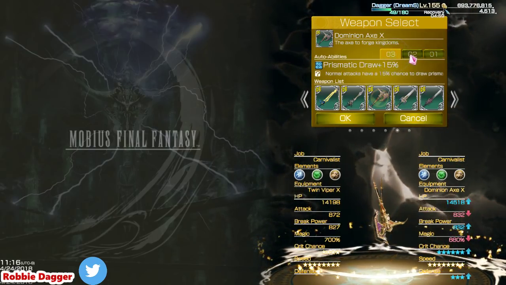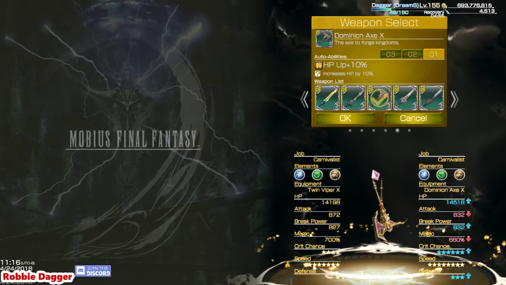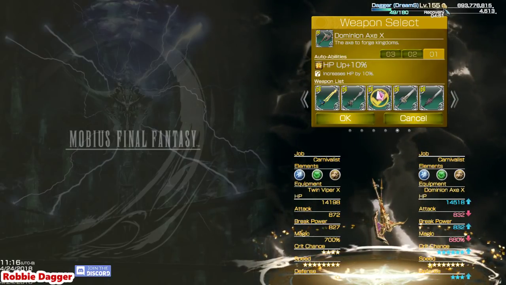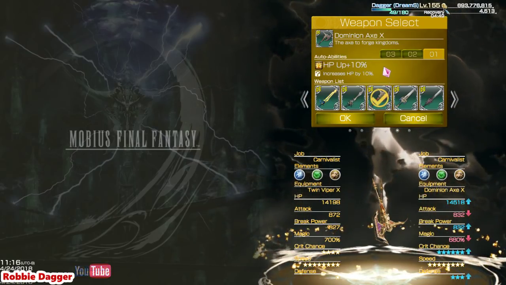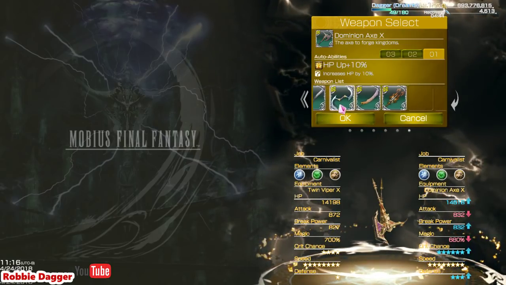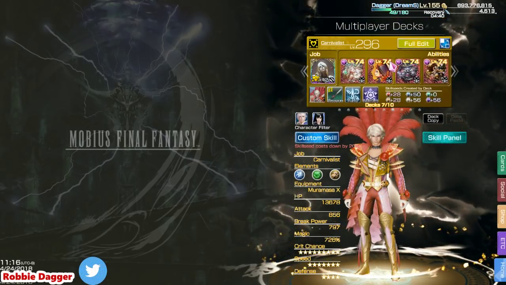Axe at the very least, because this thing gives you HP up, and it also gives you 2 extra defense stars, and this is completely unboosted. This is right off the bat, so it's a very good weapon. If you don't already have the Dominion Axes or the multiplayer weapons, I recommend them. They're really good. But we'll just leave on Muramasa or something like that. So yeah,